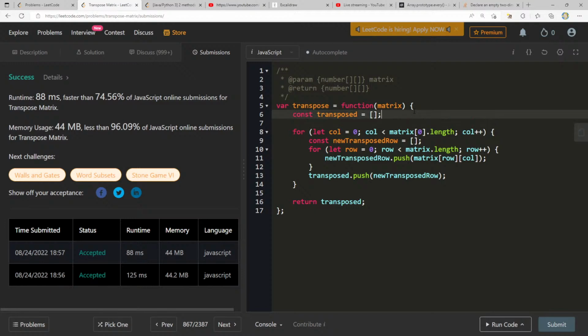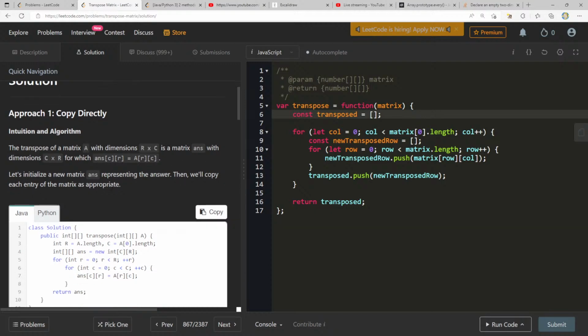right? This will still be n squared because we do have to go through all the rows and all the columns. Right? For every column, we go through all the rows. Or this will actually be m by n, since we know it's not a square. And space complexity here will be constant.